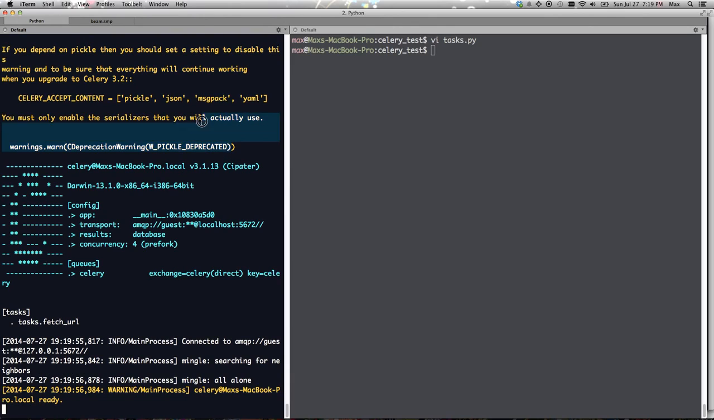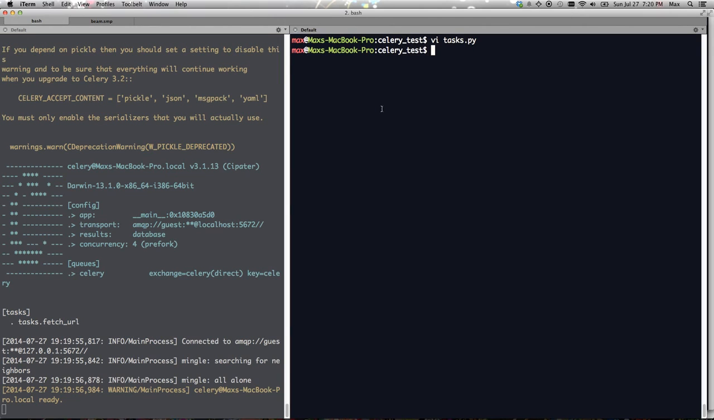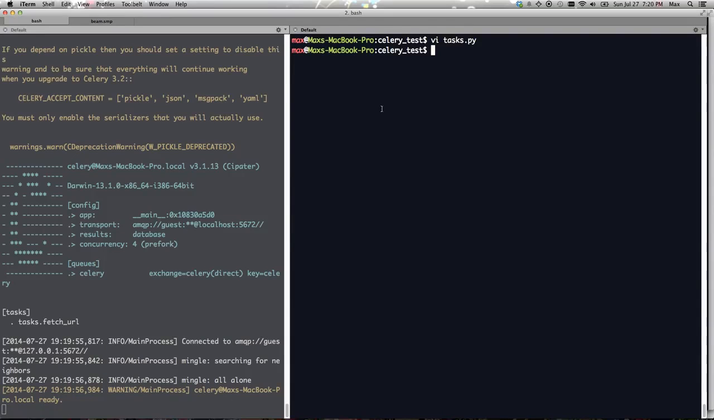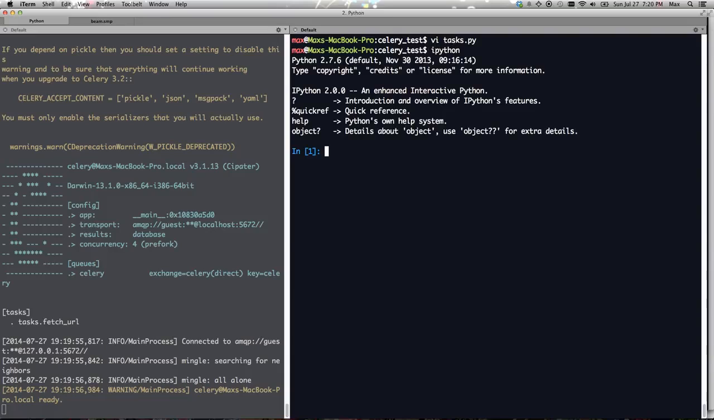Like last time, ignore the warning up here. This is just about the serialization technique for pushing tasks and deserializing tasks from Rabbit, which I have running in this other tab. But otherwise, let's open IPython. We'll define an empty list of tasks. We'll also, from tasks, import our task definition. But for each URL in our text file,